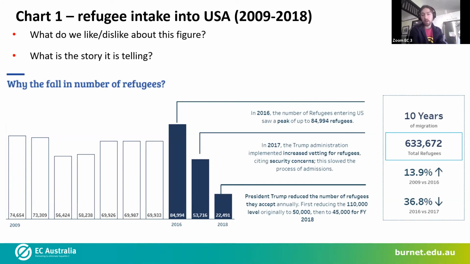Mar, when you first look at this figure, what do you think of the things that you like about it, dislike about it? What kind of pops out at you? So one thing we've been talking about is the use of colors. There's a really intentional use of colors in the last 3 bars that immediately draws your attention to that one and makes you look less at the other bars that are not filled in on the left.